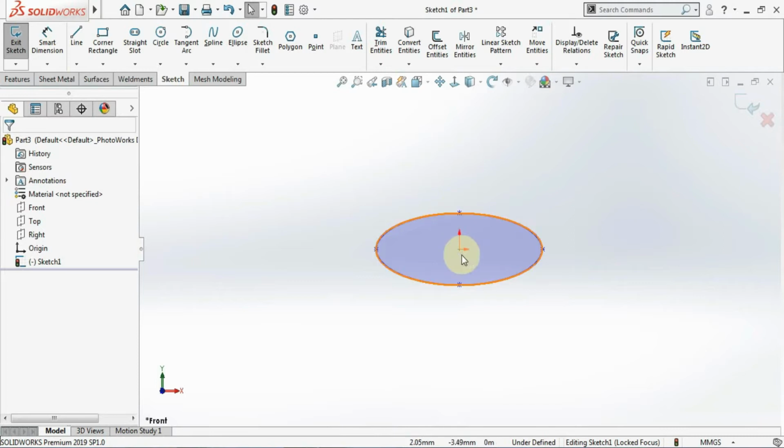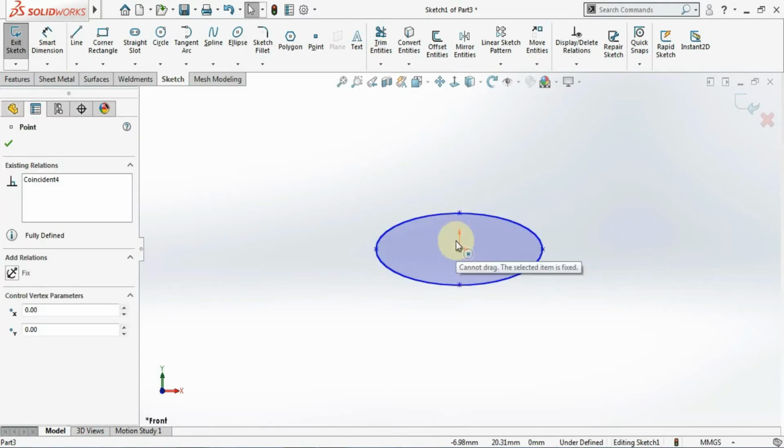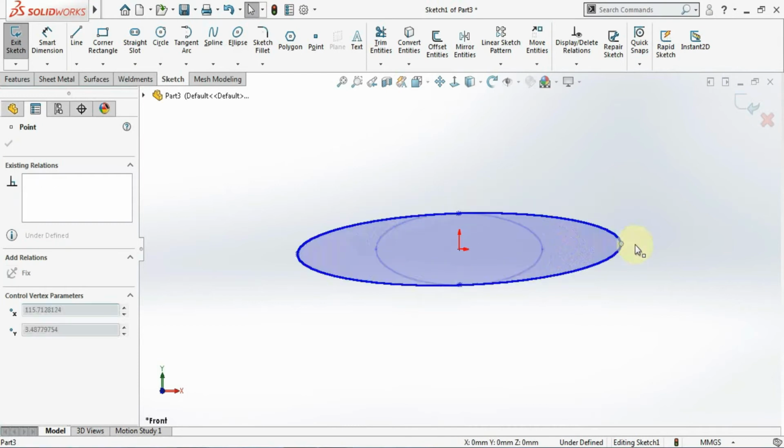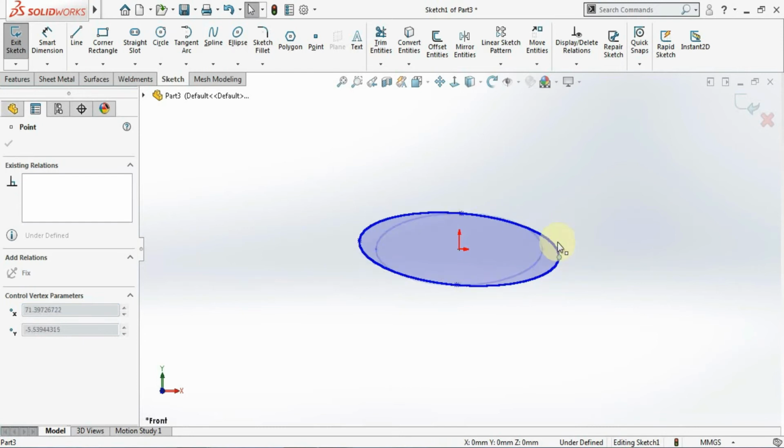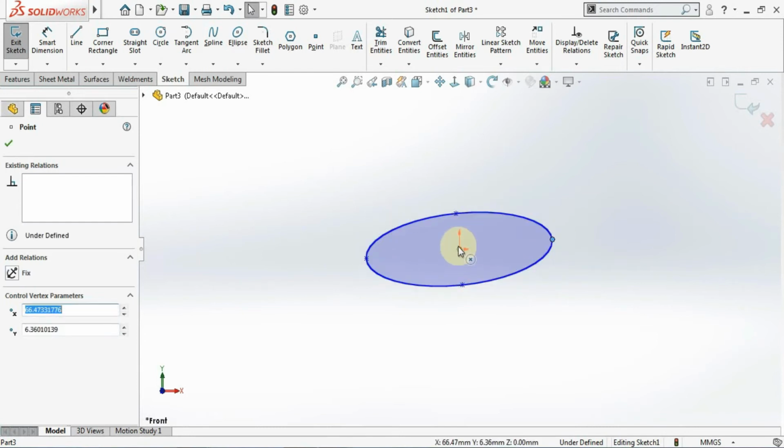Now you can see here the size of this ellipse is not fixed, but the center is fixed because I have given the relation coincident here. By default it has taken coincident. So this is how to create an ellipse. You can see it's very easy to create an ellipse. Just click on the center point wherever you want to place it. Suppose I want to place the center here. Just click on this, define